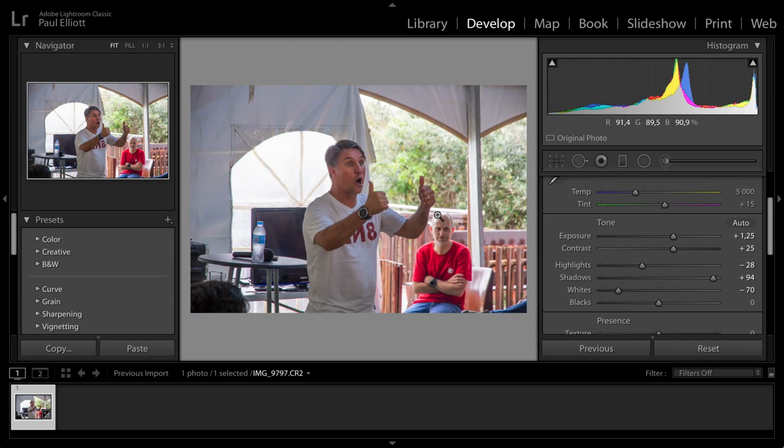And then what you want to do as far as communication and message is concerned with a photo, you want to explain to people from left to right what the photo is saying. Okay, so this water bottle has very little to do with the photo. This person's head has very little to do with the photo. So what we're going to do is click on the cropping tool over here,